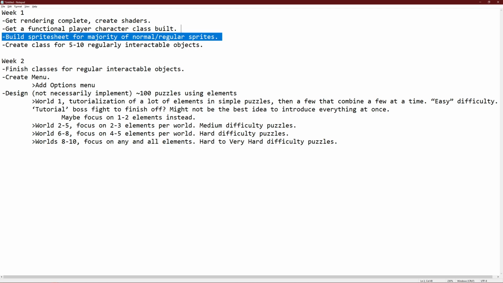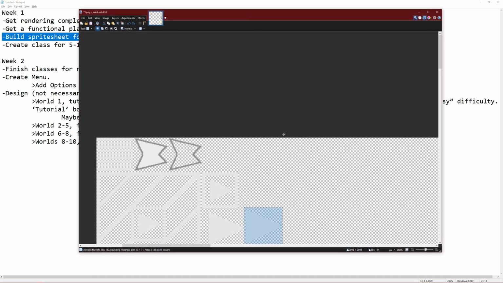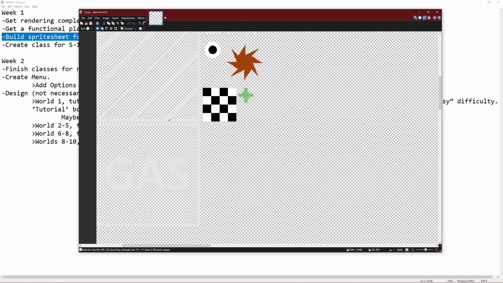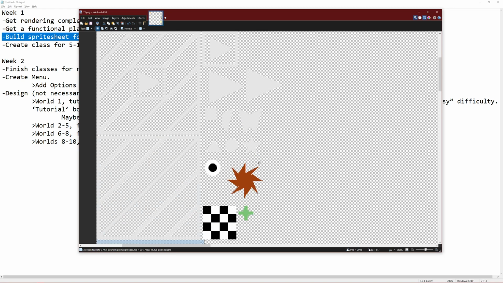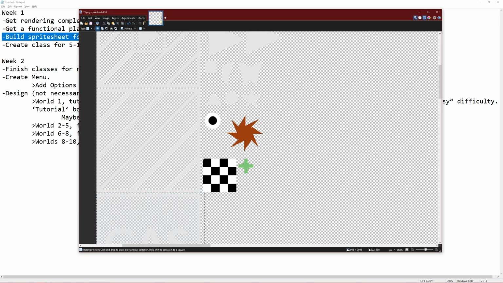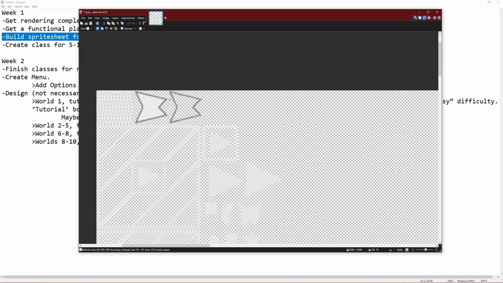Sprite sheet for majority of regular sprites. If I pop this up, this is just what I've got so far. It's just a test zone for the gas, which is in the works. This is going to be a starting line kind of thing and a finish line. This is going to be a health sprite. This is going to be enemy number 1. This is going to be the projectile you fire. You can see that most of these are in